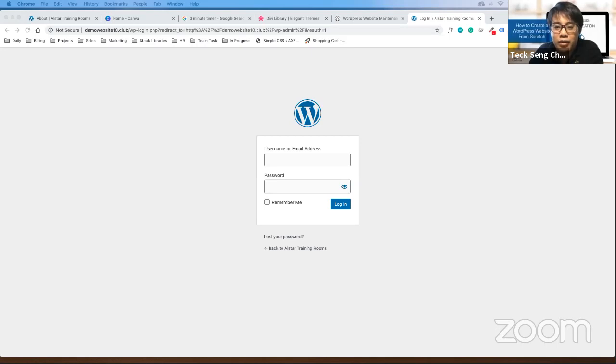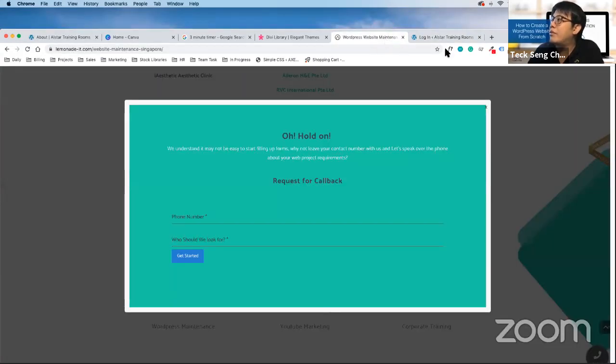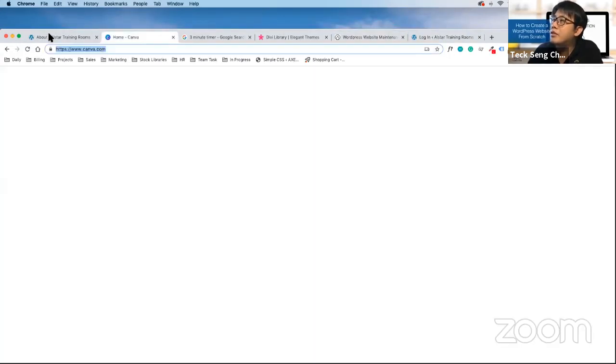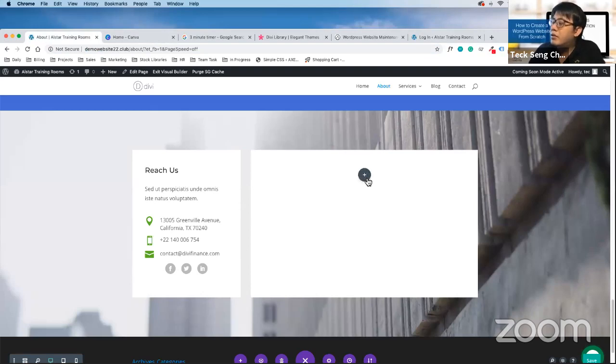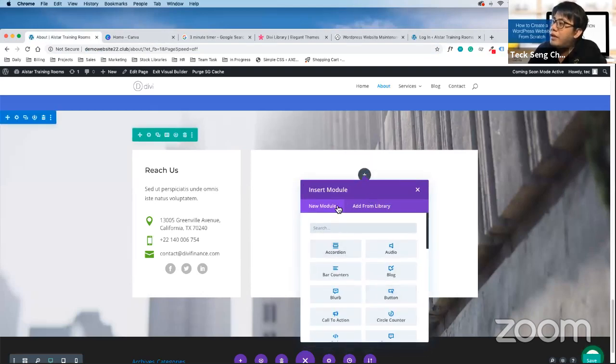So the rest, are you okay? So this is how you do it. What you can do is just save your page. So this is how you call from library, which is actually quite straightforward. So every time when you save to the library, if you save it as a row, then you add as a row, add from library. If you save it as a module, you add as a module, add from library. Okay, accordingly.